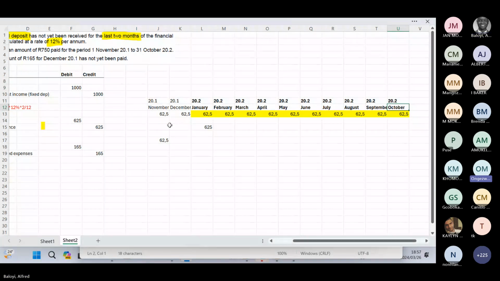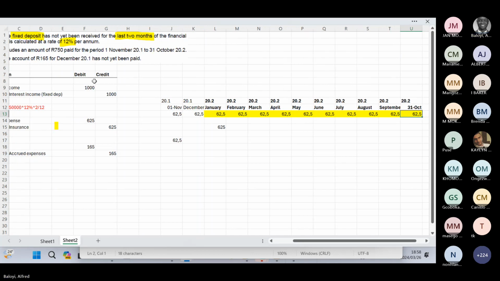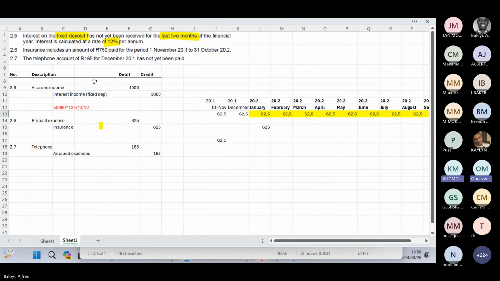When you count, you start from December, right? No, it starts from 1 of November. Until 31 of October, which is the following year. So if you look at this month, it's actually 10 months, like 1, 2, 3, 4, 5, 6, 7, 8, 9, 10. It's 10 months because the total of them should be 12 months. Okay. Thank you so much.